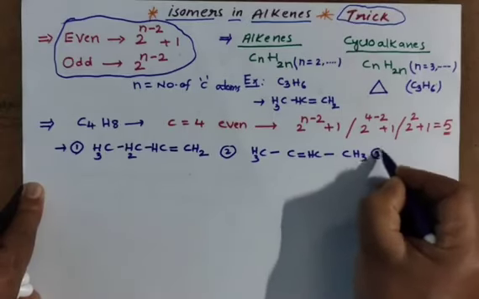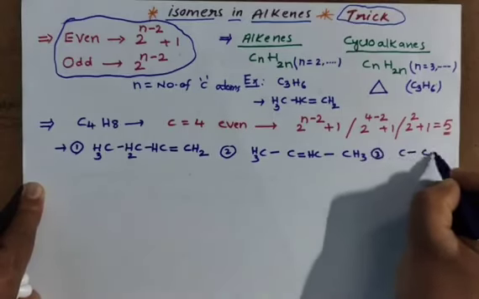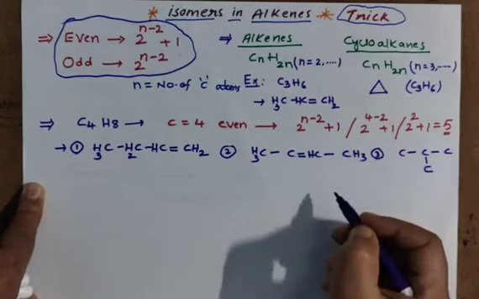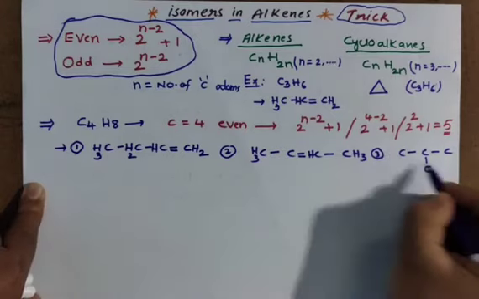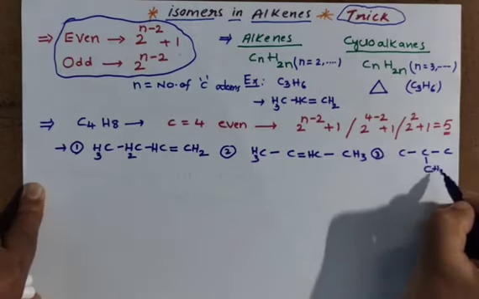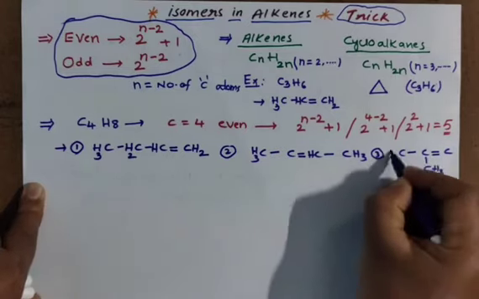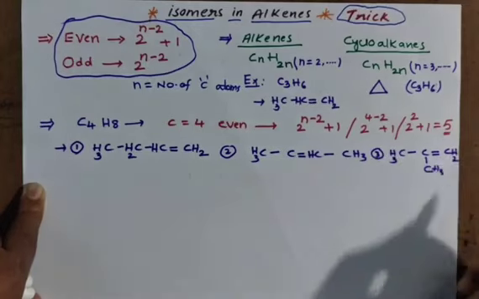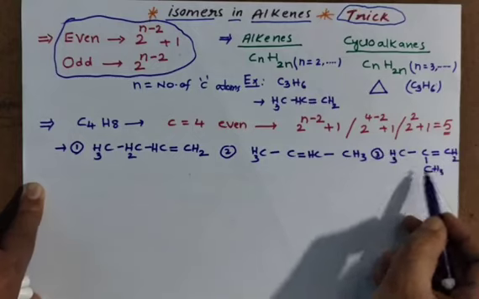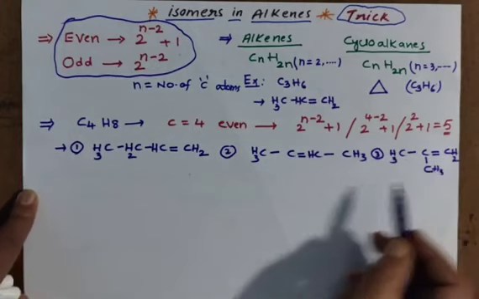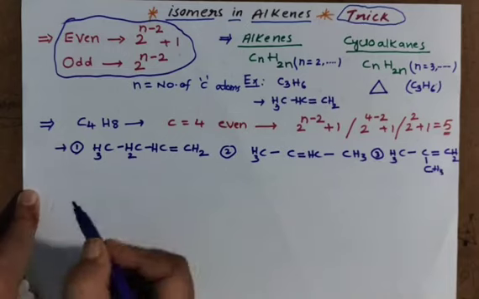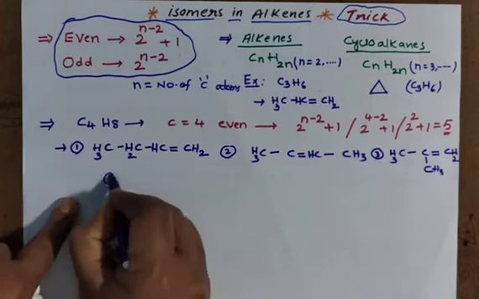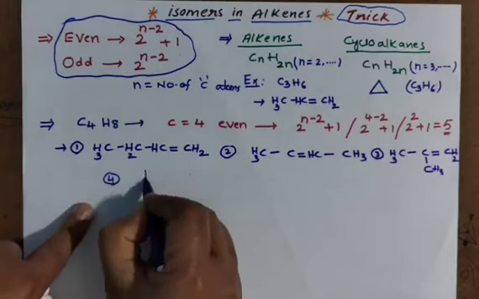Now you go for another chance. We have 1, 2, 3. 1 carbon I am taking as a substituent. You go for CH3 here. Here I am taking a double bond, and this is CH3 and this is CH2. Now you see, this is isobutene. So I got 3 chain isomers. Now I am drawing the 4th one with 4 carbons.